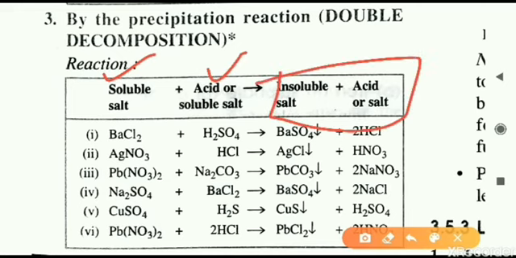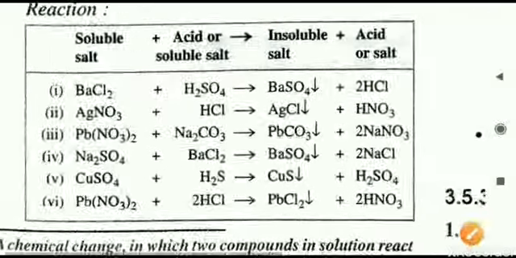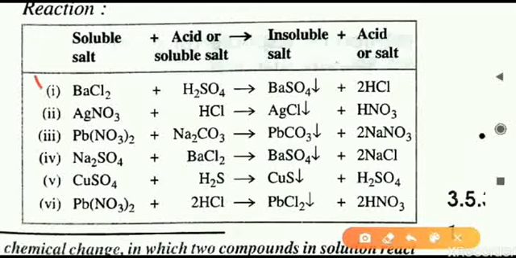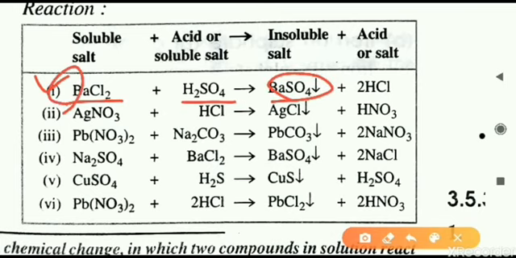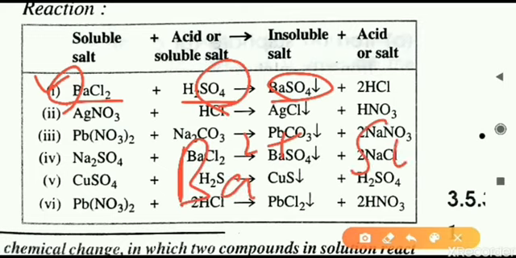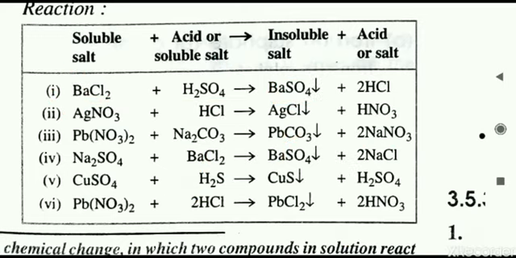We will get the insoluble salt and the acid is produced. Let us see these equations, then it will be more clear. First one is barium chloride, that is a soluble salt, reacted with acid. What we are getting here is barium sulfate. How is it so? That is by the exchange of the radicals. Barium is Ba2+, positive radical. It will combine with sulfate, negative radical, and we will get barium sulfate.